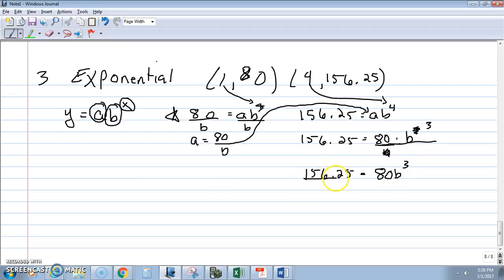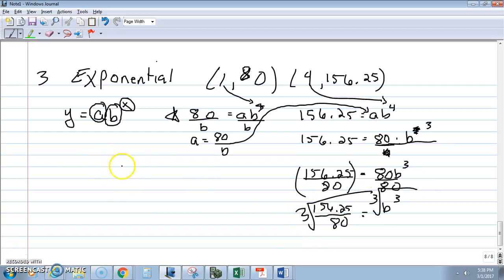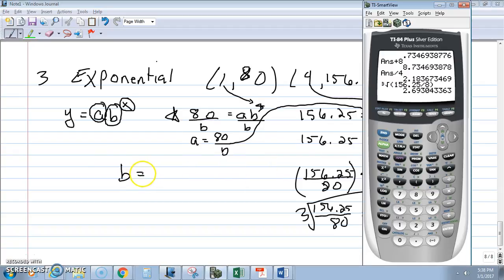So divide both sides by 80. And we get whatever this is, and I'll put it in the calculator at the end. 156.25 over 80, I just know it's a number, is equal to b cubed. And I hope you realize we take the cubed root of both sides. So we get b equals, if you put it into the calculator and go to math, 4, the cubed root